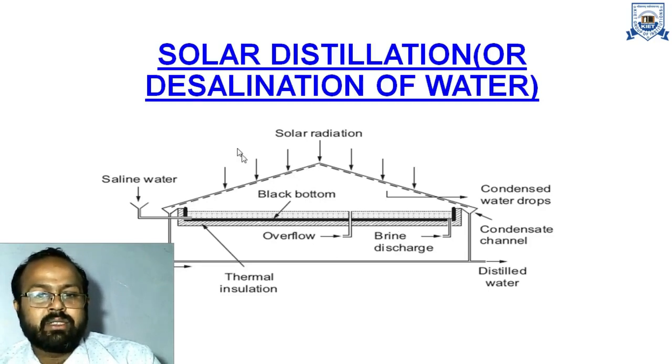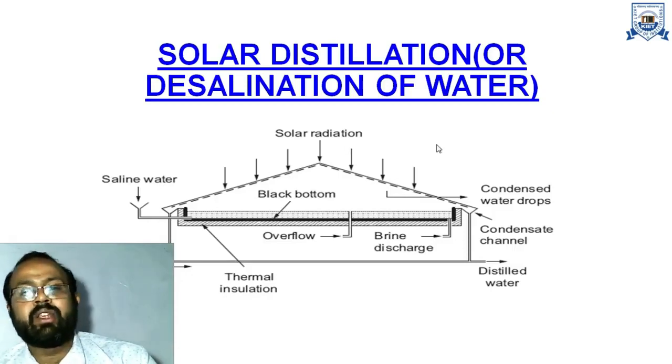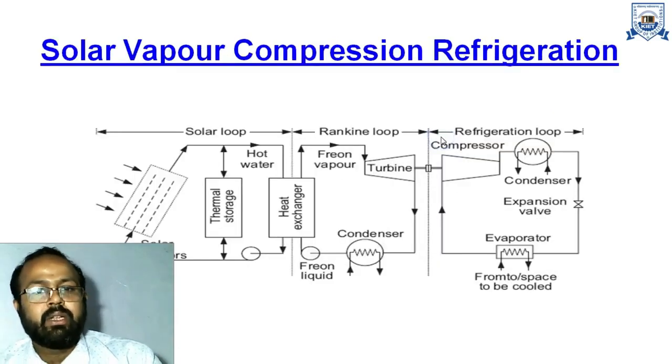There are two ways, and due to this glazing the saline water gets evaporated, and the water droplets are collected near the glazing. At the ends of the glazing we have a collecting tank. So we know after evaporation water is purified. So the purpose of solar desalination is the purification of water.